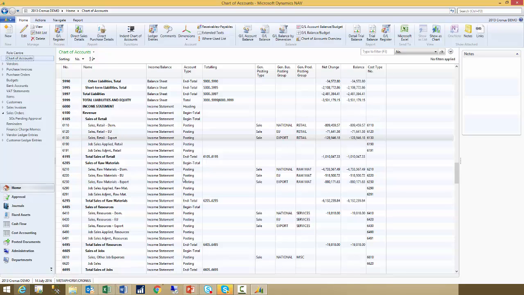Number one, because I haven't made any postings against it, but more importantly, our product code isn't one of our global dimensions, and it is, from a GL perspective, only the global dimensions that we can view our balance by. So in order to do balance by dimension, we're going to use, up in our ribbon here, the GL balance by dimension link,